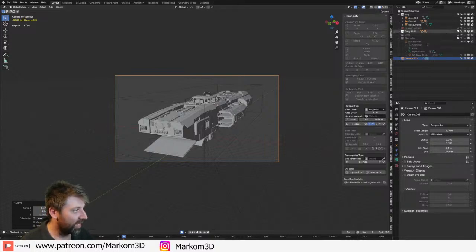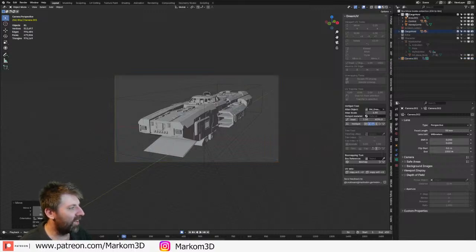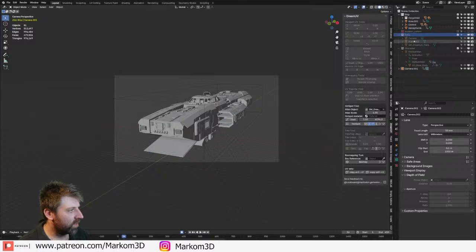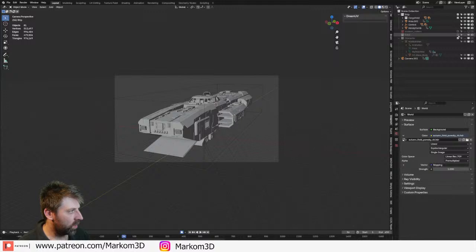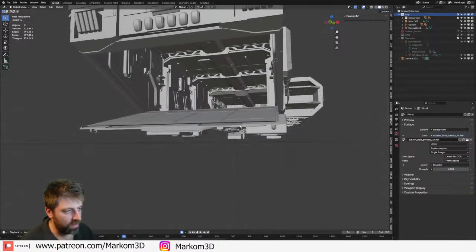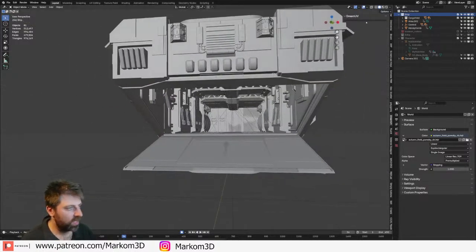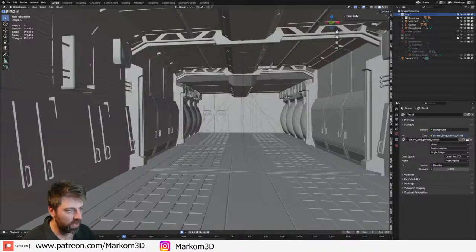Far out. I'm tired. Let's go. Can't go hold in there. Extras. What's extras? What are you? You're the ground plane. Okay, I don't need you. Be gone. Character I don't want. Ship I do want. Okay, so this is the interior.